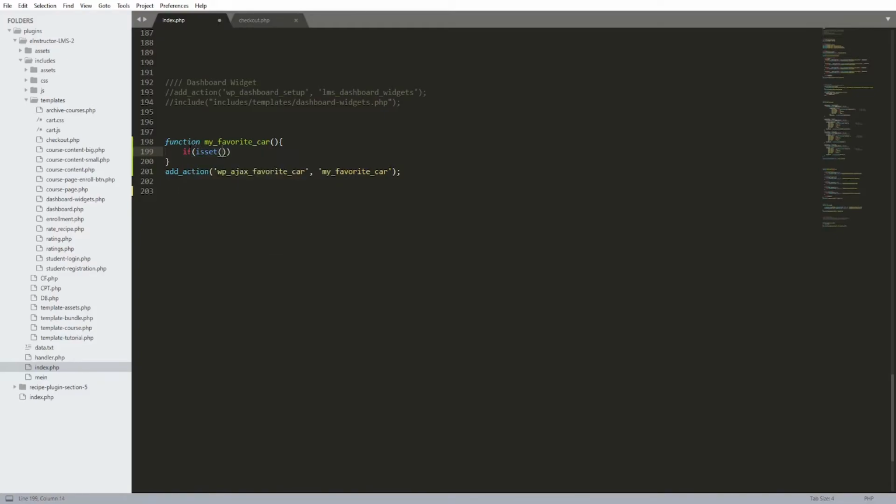So we're checking if there is a request. If there is a request, I want you to assign that request to a new variable. Let's call this one my car, equal to the request. And then we can do anything we want with this variable, but